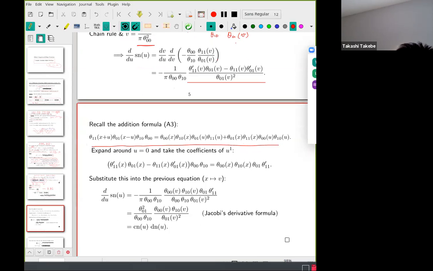This is it. Essentially, by differentiating this by u and putting u to 0, we get such a formula. Or, in other words, this is equal to